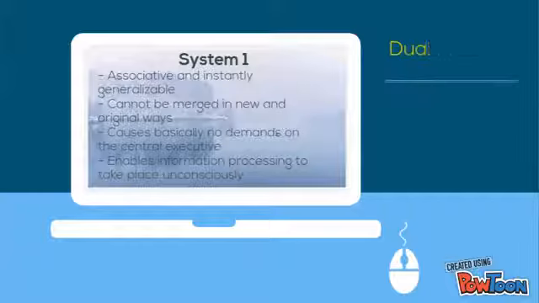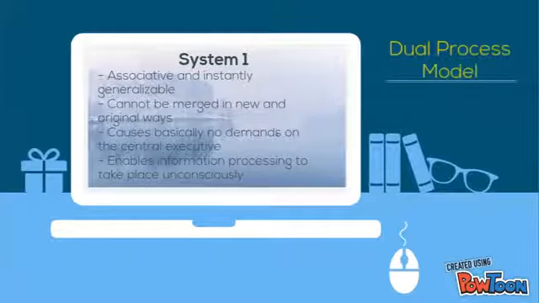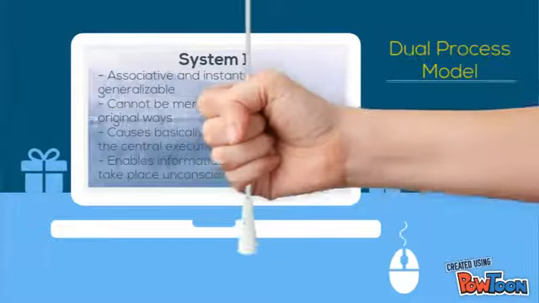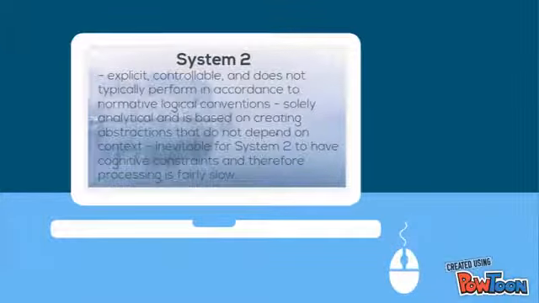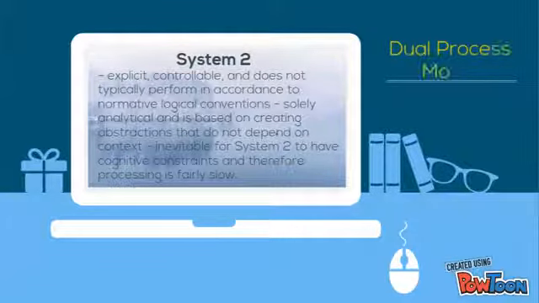For System 1, it is attuned to encoding and processing statistical regularities, frequencies, and correlations in the surroundings. System 1 has representations that can be defined as associative and are instantly generalizable, which then enables a faster inferential process. For System 2, it is more explicit, controllable, and does not typically perform in accordance with normative logical